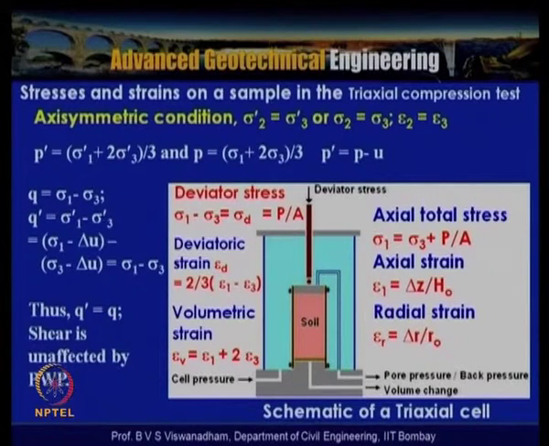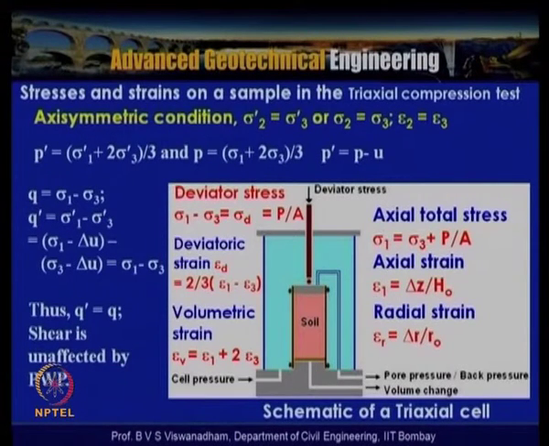Now, the stresses and strains in a sample in the triaxial compression test. It is basically an axisymmetric condition where sigma 2 dash is equal to sigma 3 dash, or sigma 2 is equal to sigma 3, and epsilon 2 is equal to epsilon 3. Epsilon 2 is the strain in the intermediate principal stress direction. In the triaxial test, because of the cylindrical nature of the sample, sigma 2 is equal to sigma 3 and epsilon 2 is equal to epsilon 3. So P dash is equal to sigma 1 dash plus sigma 2 dash plus sigma 3 dash by 3,